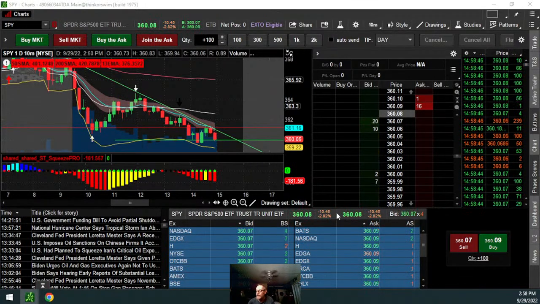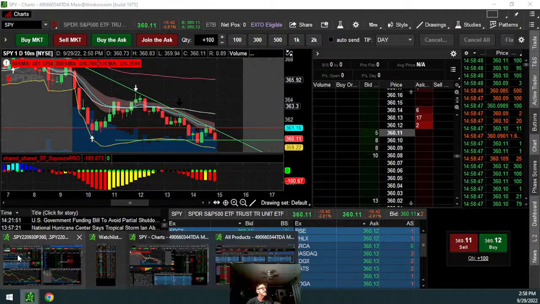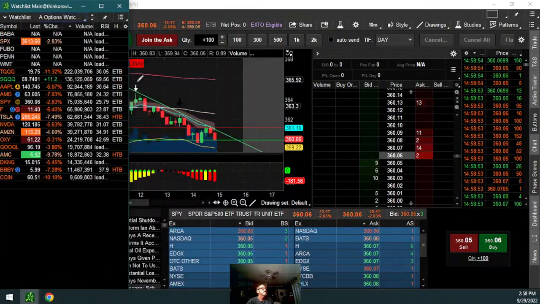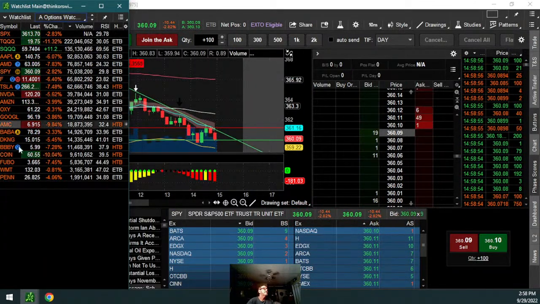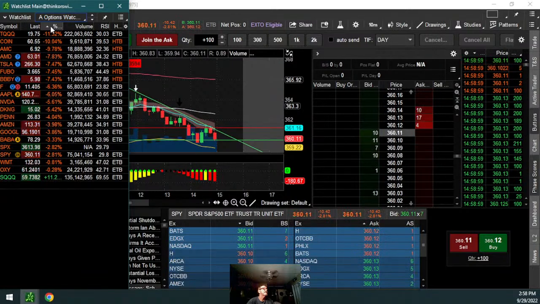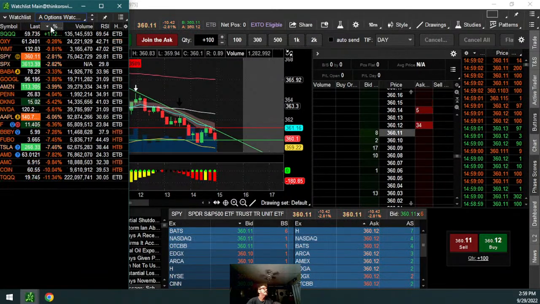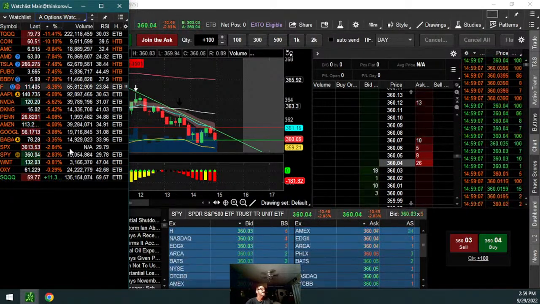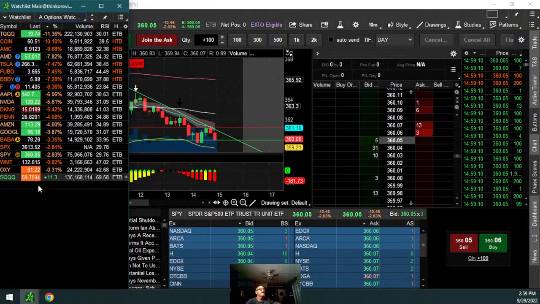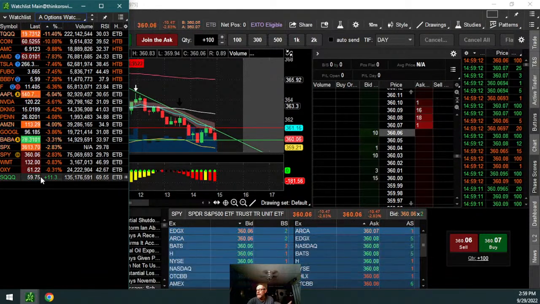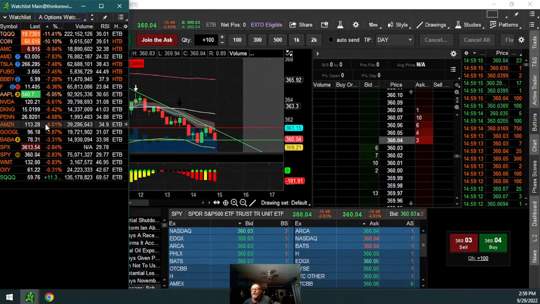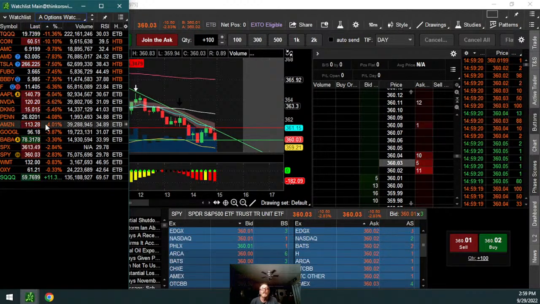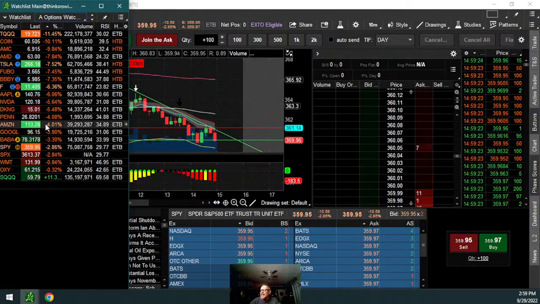How about active options? I do that. If I open this up again, it only has the options I put in. These are some of the options that I look at right now. And right now you can see how red everything is. This here would be in alphabetical order. This way would be in percentage order. And right now it doesn't make a difference. Only SQQ. Why? Because SQQ goes the opposite of the SPY. So if you want to trade the SPY but go the other direction, then play SQQ. If you want to play the SPY and go with the SPY, play TQQ.